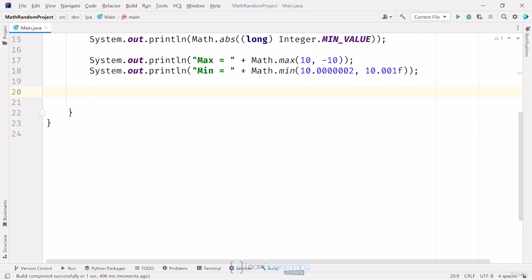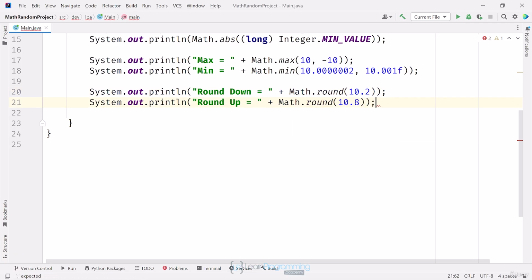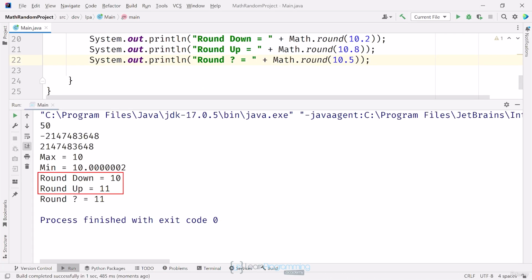I'll add a couple of tests. First, I'll confirm that if I pass 10.2, I'll be rounding down to 10. Next, I'll make sure 10.8 is rounded up to 11. Finally, let's see what happens if I pass 10.5, running this code. The output shows round down equals 10, round up equals 11. Round question mark also gives me 11,